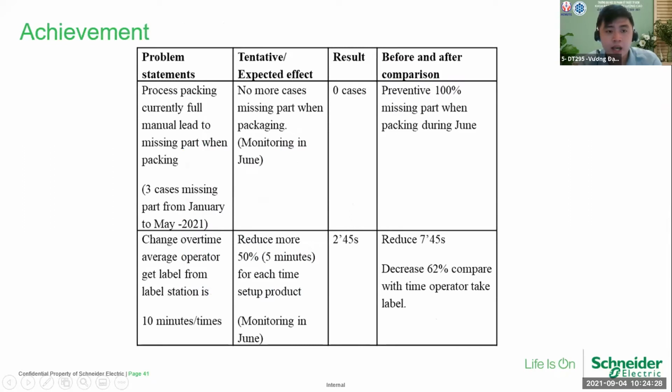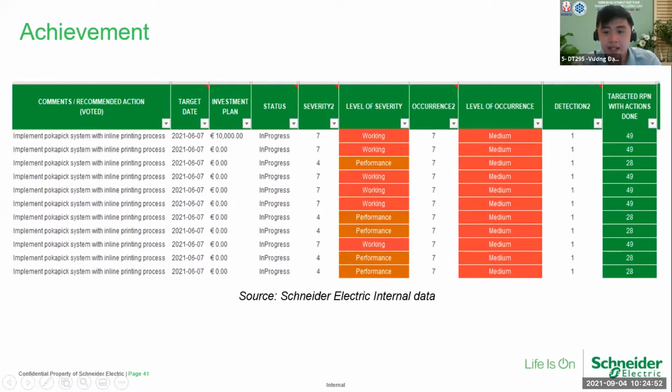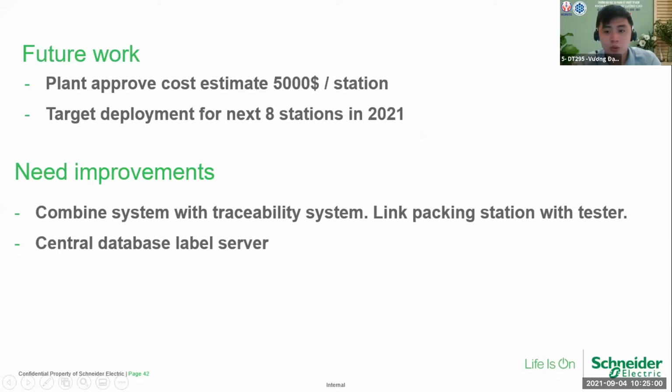The achievements of our project are in the conclusion. The system achieves the expectations of the factory and the team in that it can prevent missing bags during the month of June. Besides that, it decreases the changeover time by around 62%. The second achievement is in the failure mode and effects analysis, which decreased the highest risk priority number to only 49. And for future work, the team already proposed the